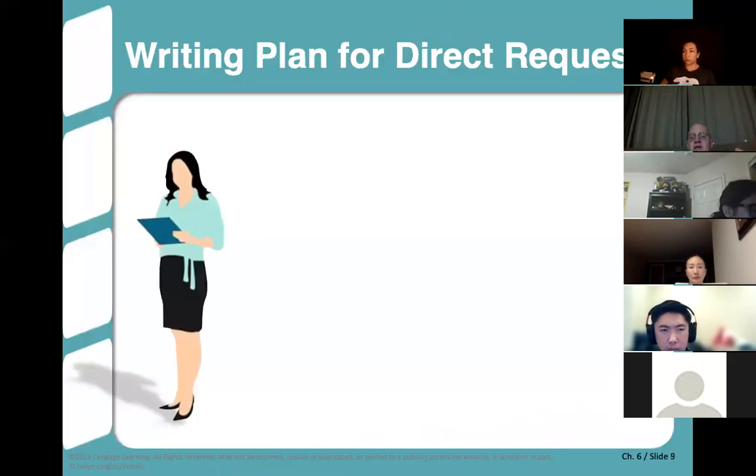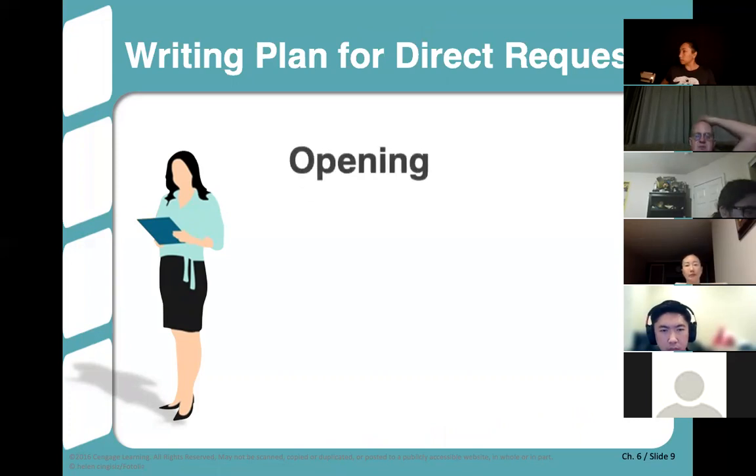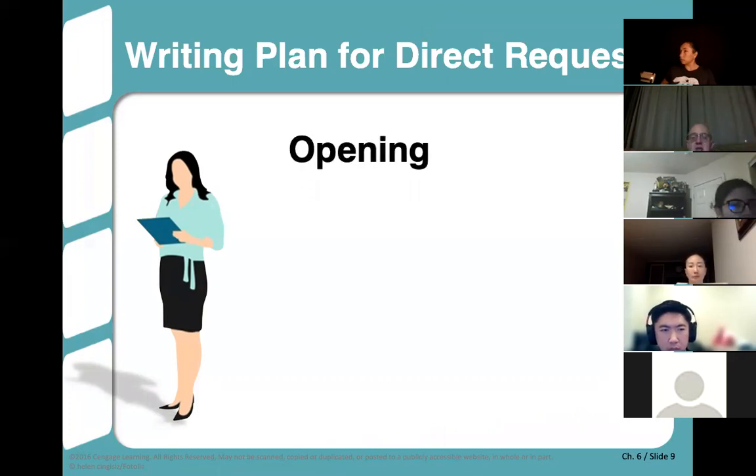And here's the writing plan for a direct request. You'll have an opening. Like we saw last week in the email structure, there's always an opening. It's going to be, dear Bob. And then the first sentence is basically a summary of what the rest of the document is about. That's all part of the opening.